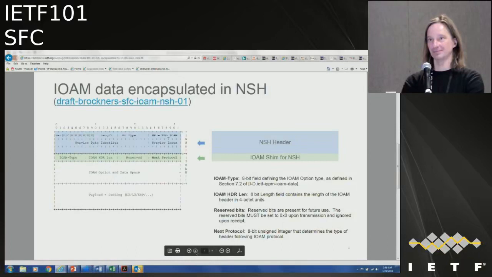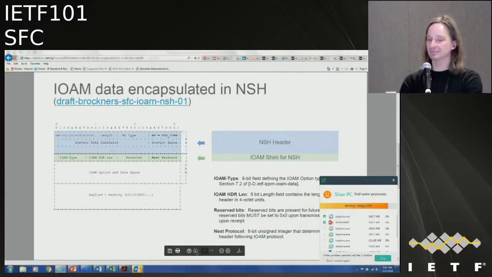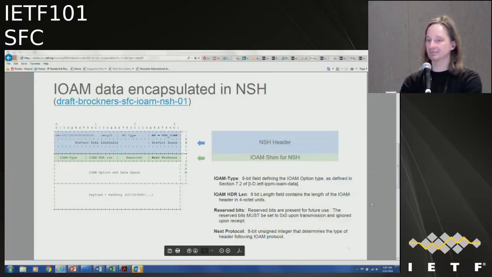It's the Horizon from Huawei. I'm just a little bit confused. NSH itself is not a transport protocol, and many ways have already been defined to encapsulate the IOAM header into different transport protocols. So is this some duplication of effort, or is this IOAM header meant to be consumed and processed by the service functions?